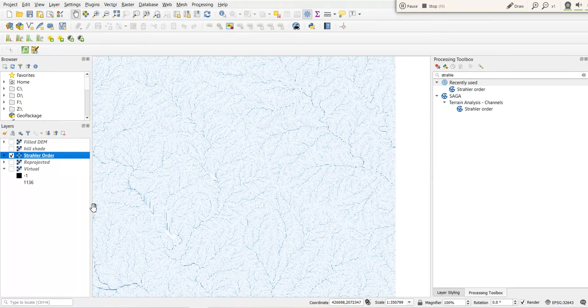That is, we refine only some streams, like after this order we want to see these streams. Let's say I want to see only order 8 to 11, or 7 to 11 only. I don't want to see these small streams. Actually this is the raster image, so we'll go to the raster image.